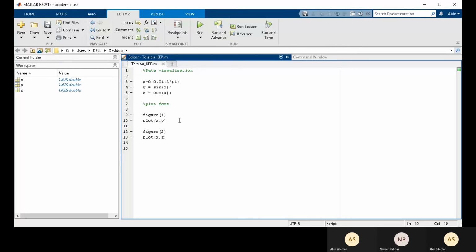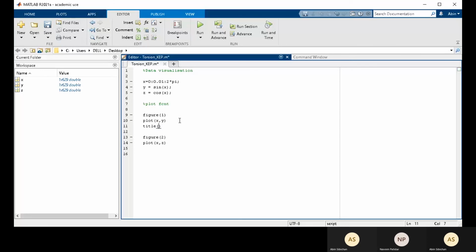So that's it. So next thing is, any graph should have proper formatting. So we need to have a title for the graph. We need to give an x title. We need to have a y title. And if there are multiple curves within a plot, we need to input a legend.